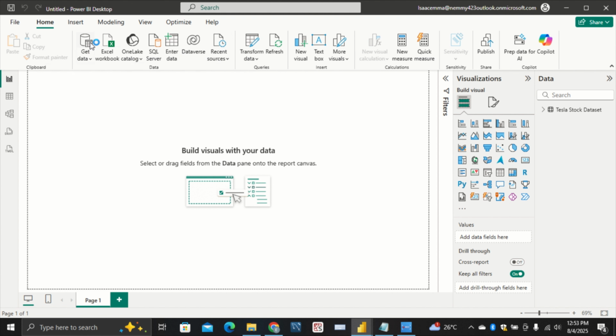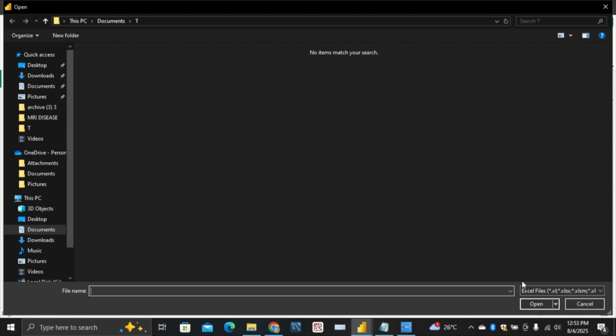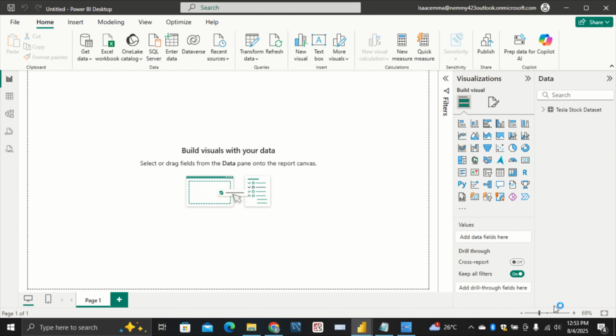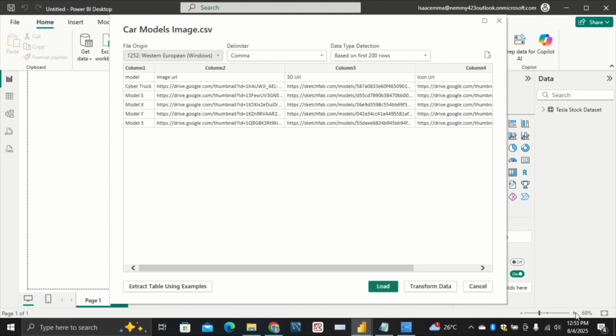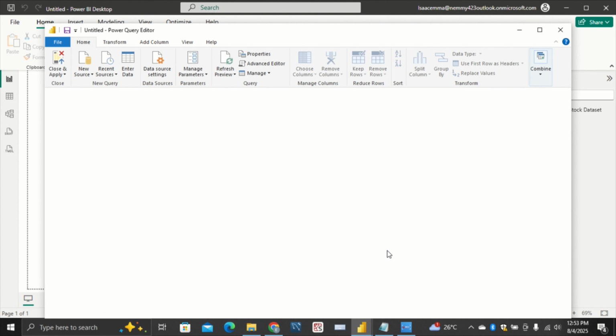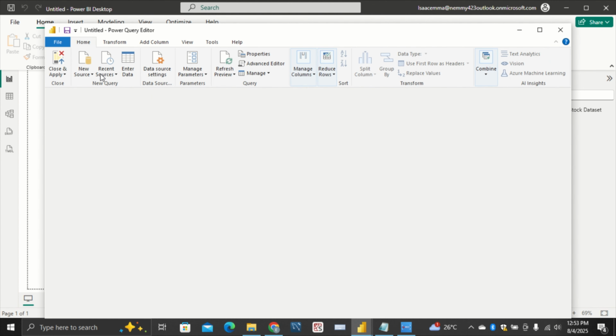So I was supposed to get another data, my bad. I was supposed to transform everything together. So let's still do it. Let's still change it to all files. This is the CAM model. This particular data set was one that I had to write in myself, so I had to get everything. If you're still interested in knowing how I was able to do it, you go to transform data. That was what I pressed when I got enter data and